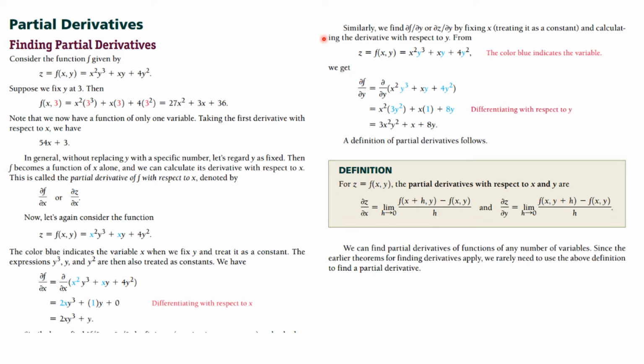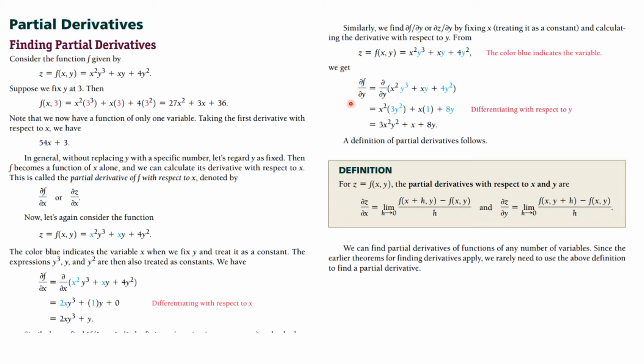Now, similarly, we could find the partial of f with respect to y, or the partial of z with respect to y by fixing x, treating it as a constant and calculating the derivative only with respect to y. So here is z, and we're going to say that x is fixed. So x squared is a constant, x is a constant, and 4 is certainly a constant. And so when we take the derivative, it's the partial with respect to y. And so what's going to happen is the constants just sit there, but I take the derivative with respect to the